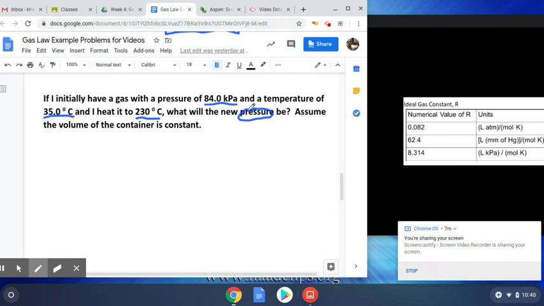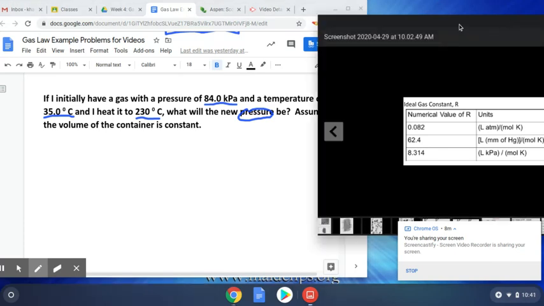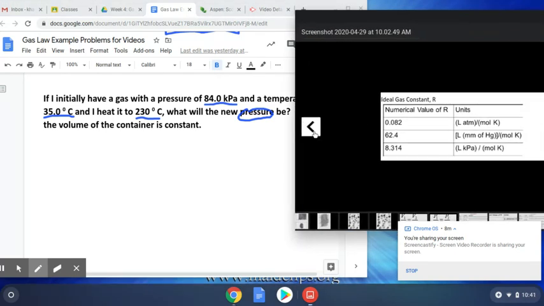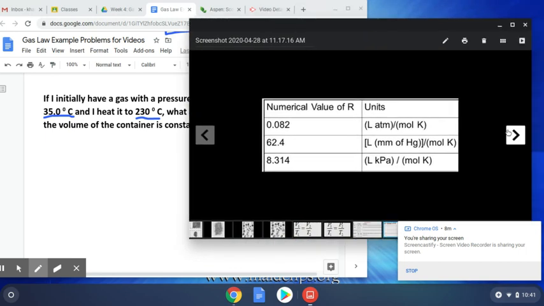Okay, this says assume the volume of the container is constant. We know that if we don't have any volumes. You'll also sometimes see that they give you the same volume twice, but if you just don't even notice that and use a different law, it comes out the same. It's fine. So let's go to our unit